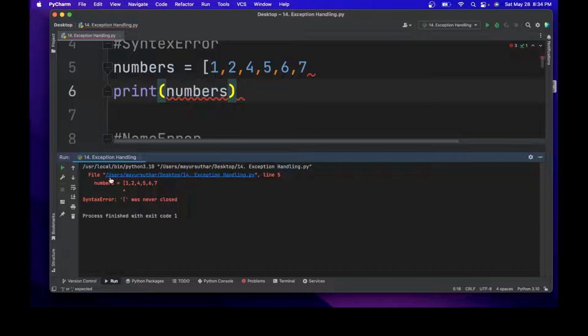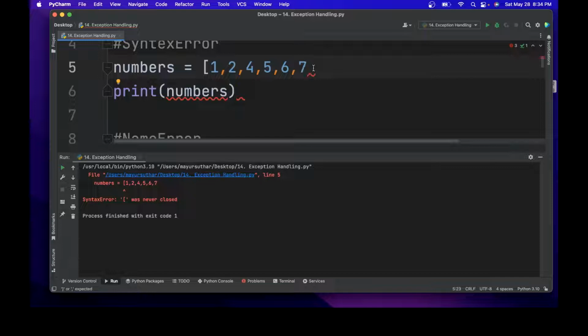But where is the error? Here, this is my file name, and the error was found in line number 5. In line number 5, I have defined the list by starting the square bracket, but in the end,